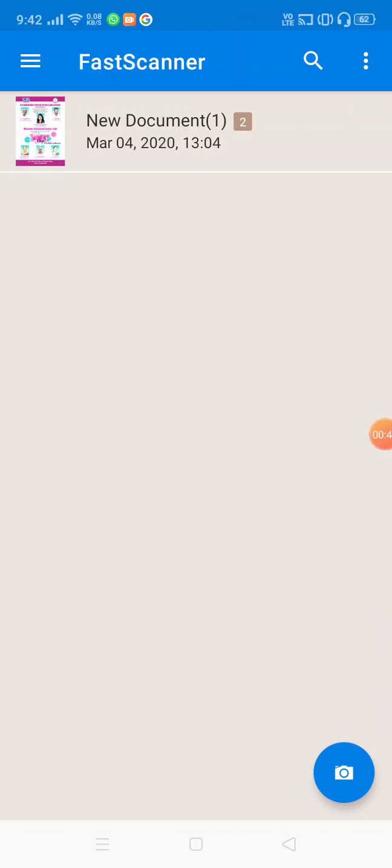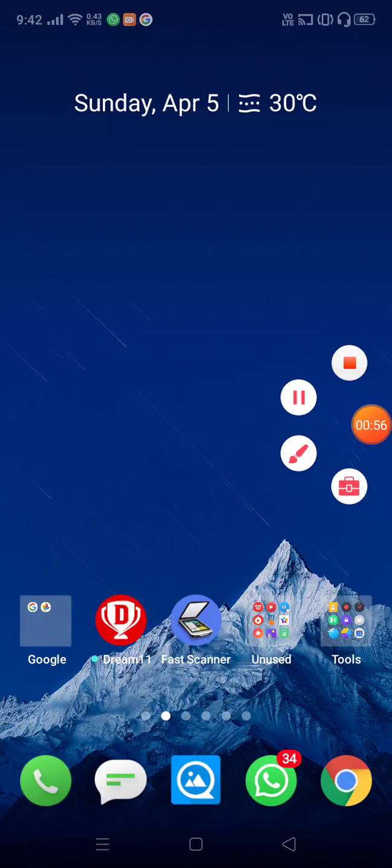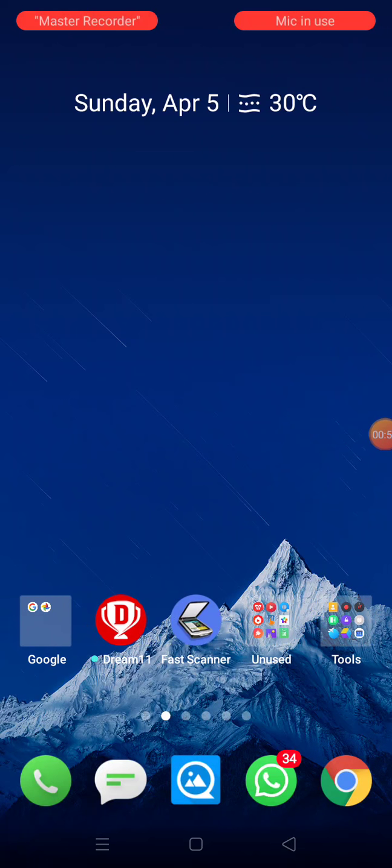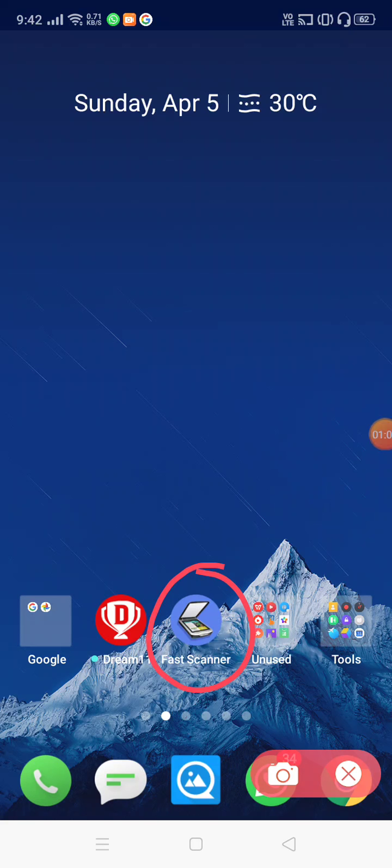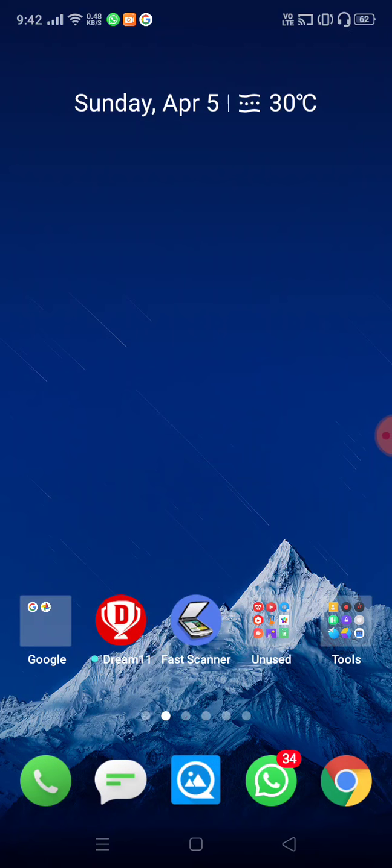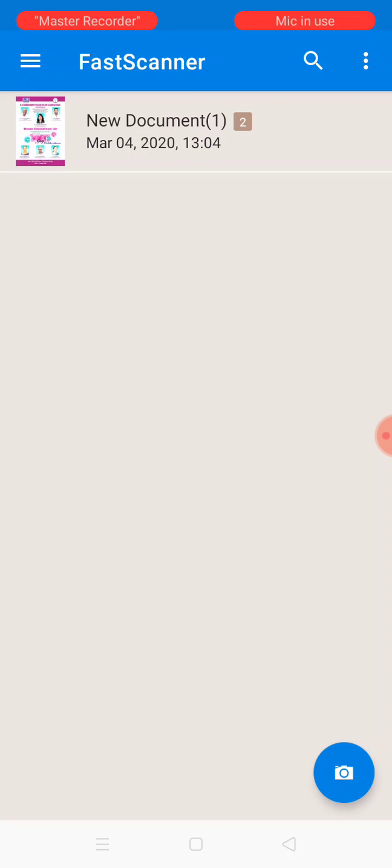So this particular video clip will give them an idea of how to create PDF documents out of their images. For that process, I'm using the Fastscanner application. The reason for using this is that it is a lightweight component. Here it is, the app Fastscanner. When compared to CamScanner, it is a very lightweight application, so I would suggest you use the Fastscanner application. Open this one and you could find